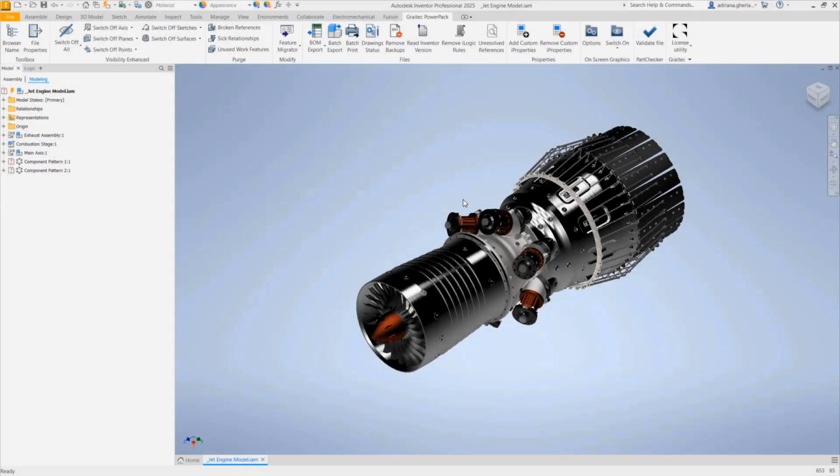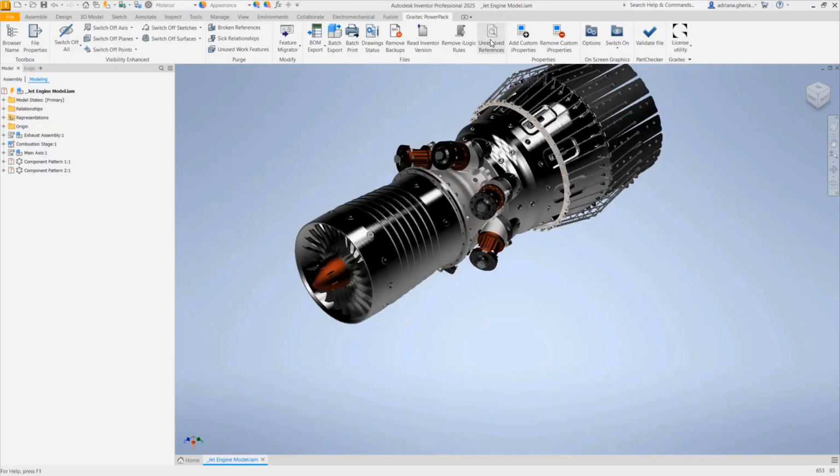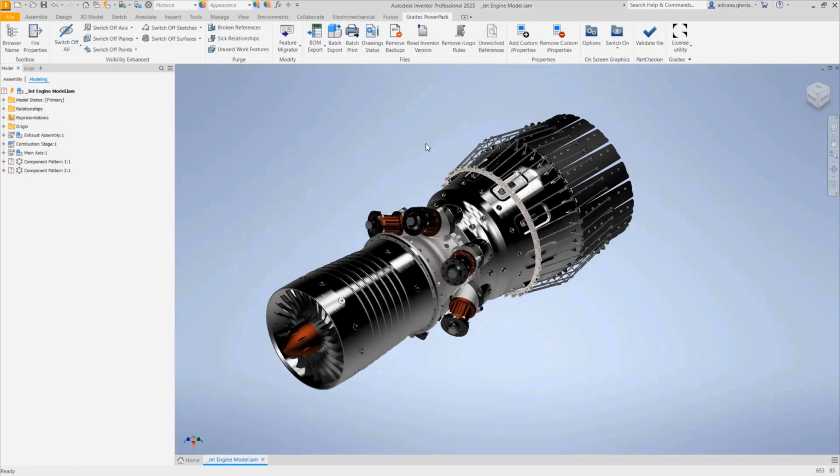We are in Inventor 2025 and I have the PowerPack for Inventor 2025 installed. Let's have a look at the unresolved references functionality that is available in the Files tab for assemblies in the GRAITEC PowerPack for Inventor. As the naming suggests, this functionality helps you to find, download, and replace missing components